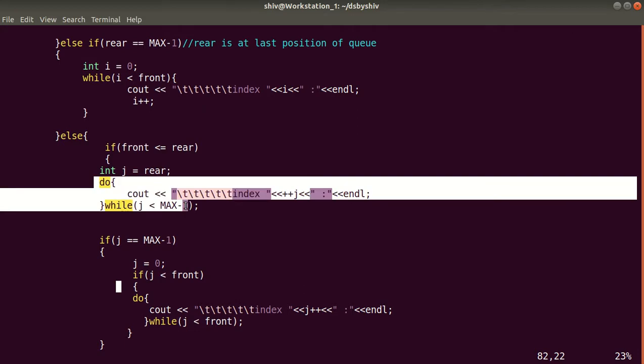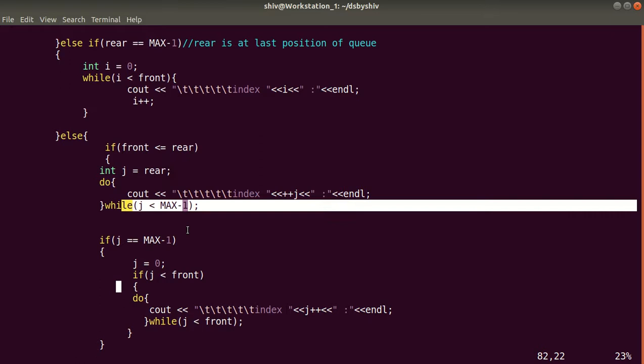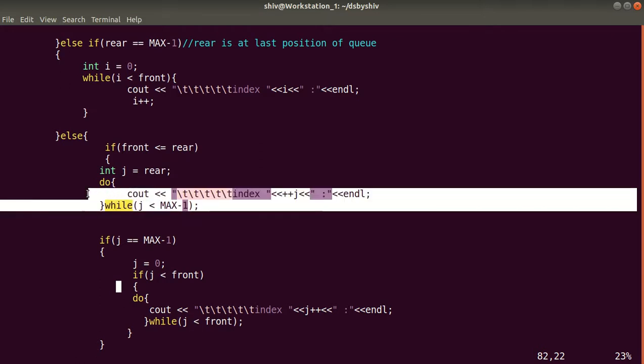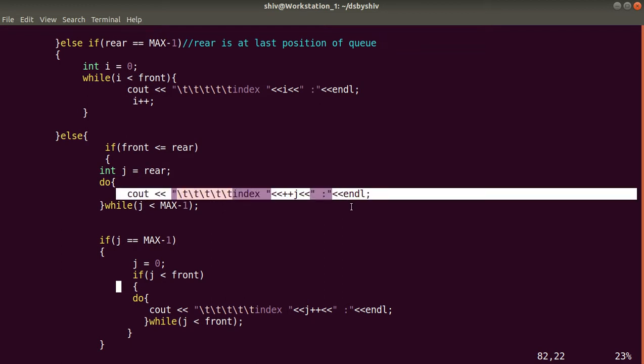We will take a do while loop here, and it will print those index numbers which are free, which don't have any element, and it will check the condition j less than max minus 1. Okay guys, so till this condition is true, it will print the free index which doesn't have any element.